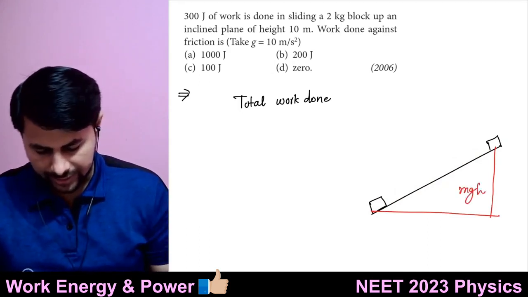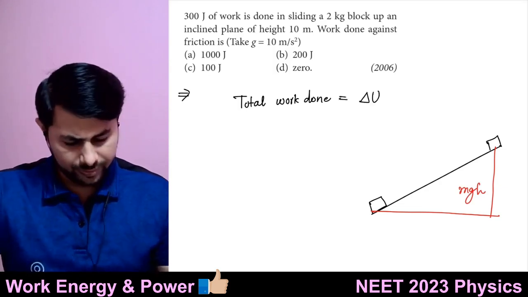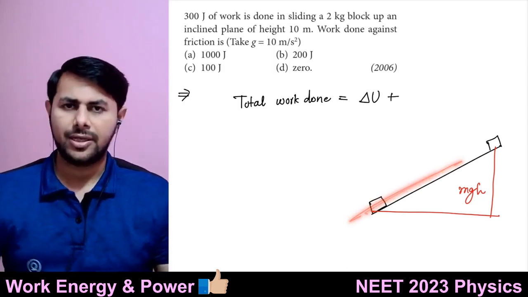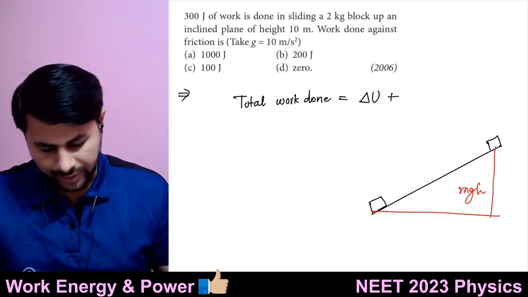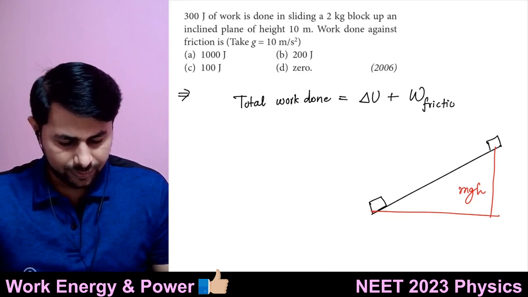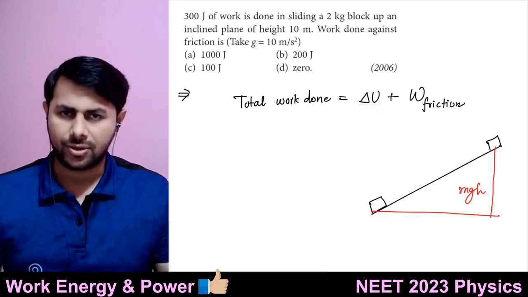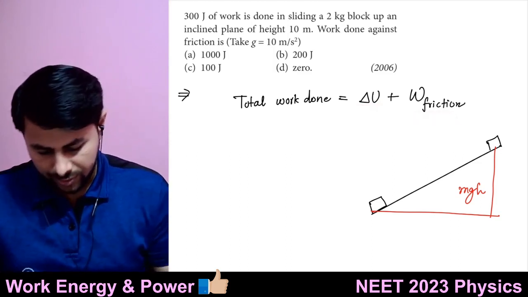So work done against gravity will change its potential energy. Plus, if there is some friction, then there will be some energy lost in friction. So work done against friction, right? Can we say this? It is the change in potential energy of the block plus the work done against friction. So this is equal to